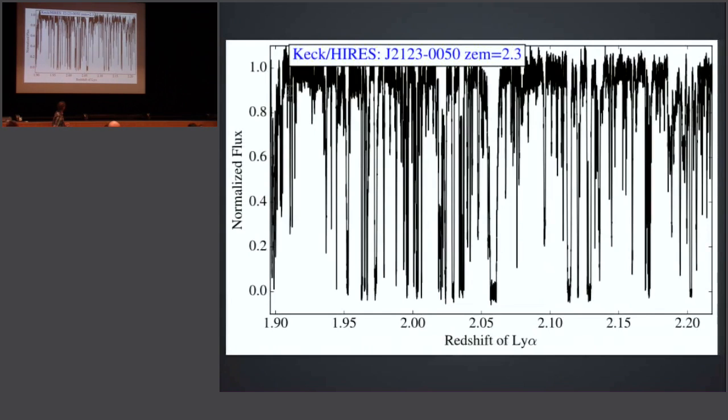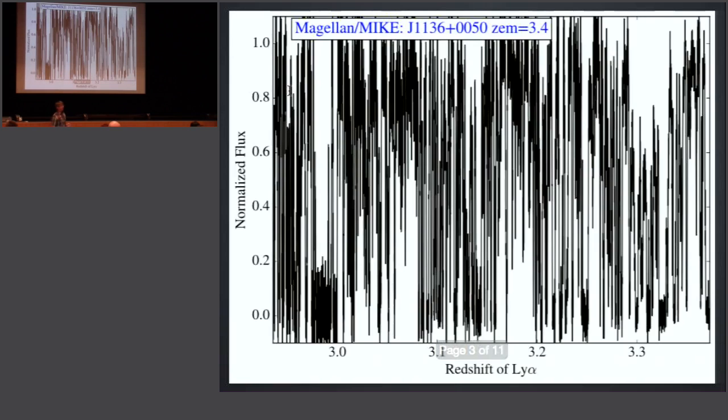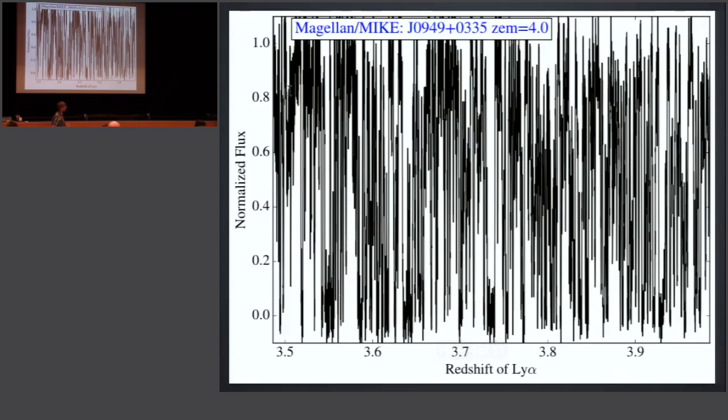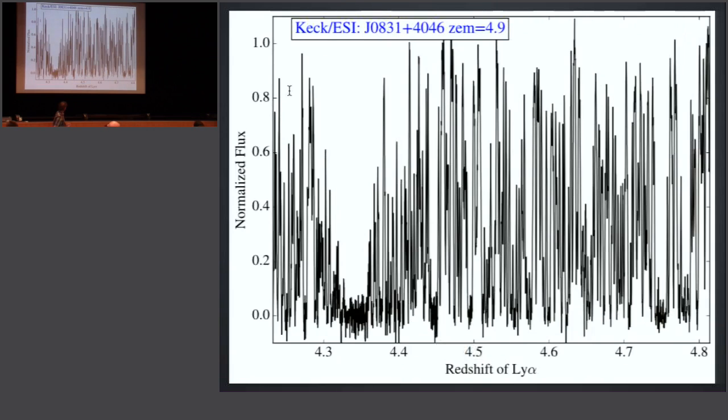So redshift of 2, redshift of 2.5. They look about the same, perhaps a bit more opacity. At redshift 3, it's clear now that the average opacity is rising. That is to say that the amount of absorption, the number of these absorption features, is quickly increasing. Redshift 3.8, the forest thickens even further. It's getting to be a bit of a scary place. Redshift 4.2, 4.6,